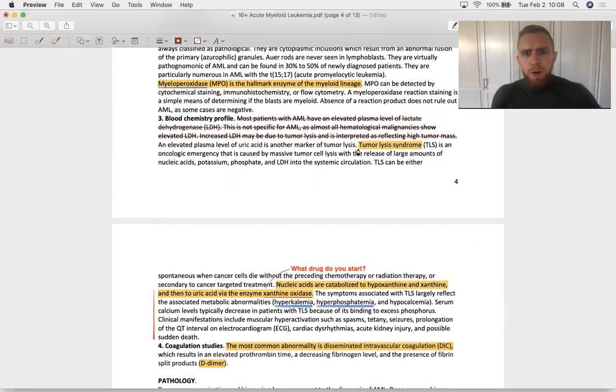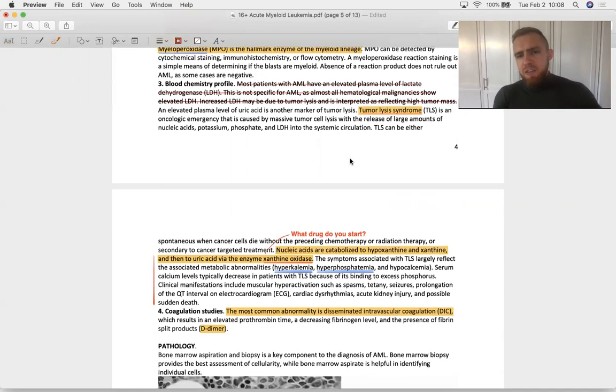I want you to know about tumor lysis syndrome, which is pretty common with AML. And tumor lysis syndrome is something that follows a high degree of cell death within the body. Because whenever these cells die, they pop open, right? And they spill what's inside them into the bloodstream. And so that leads intuitively to a hyperkalemia, because that's an intracellular cation. Sodium's the extracellular cation. And you'll also see a hyperphosphatemia, because every cell in the body is loaded with ATP